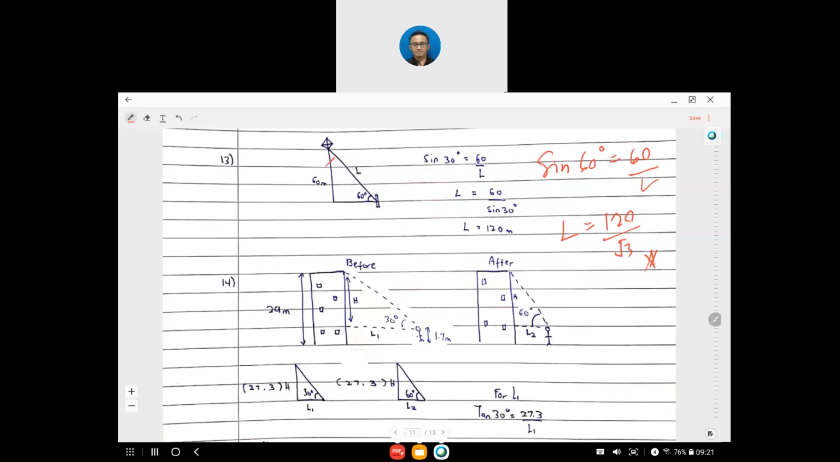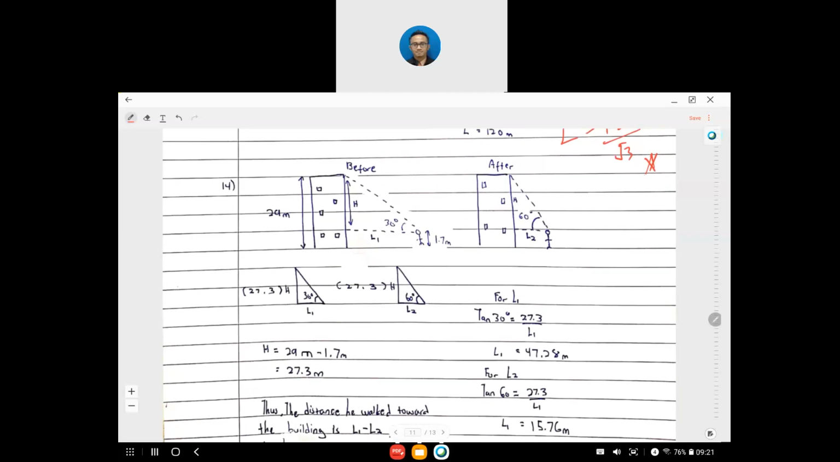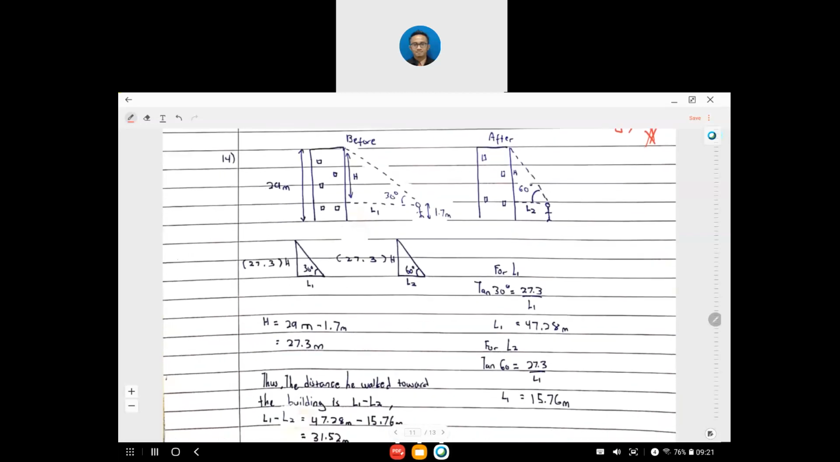Inclination. Inclination itu sudut ke bawah. Okay. 14. You all ni kena banyak revise nama sudut ni. Okay, 14. 14 also a same thing. Okay, A equal to